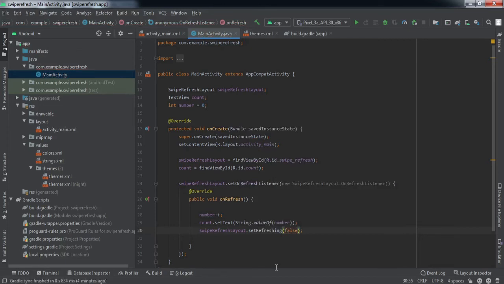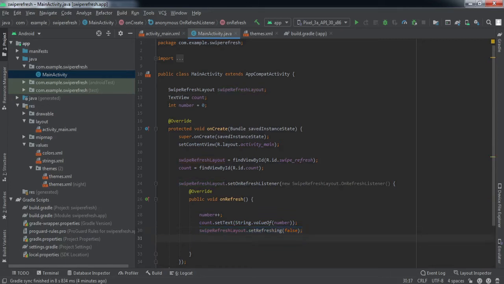What this line of code does is, when your task is completed, you do not want the progress bar that is rotating to be visible anymore, right? You want to make it disappear. So this line of code will hide that progress bar. Whenever your task is completed, on the confirmation of completion, you can call this line of code, right?